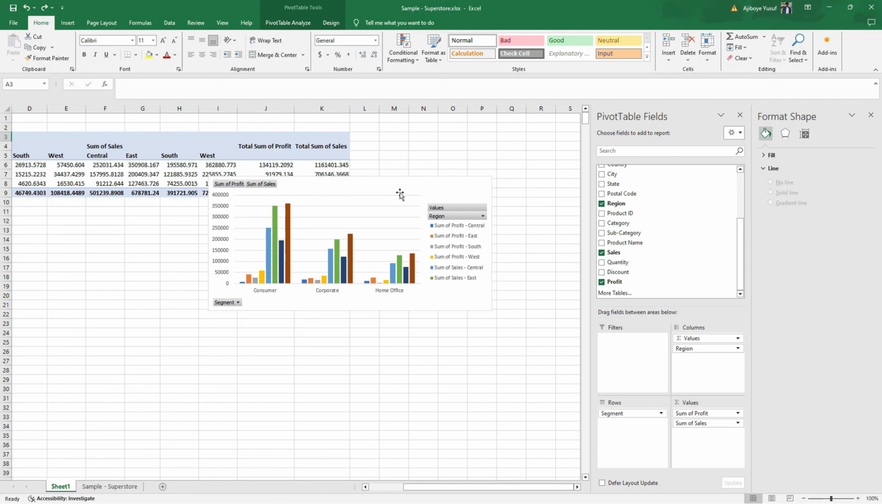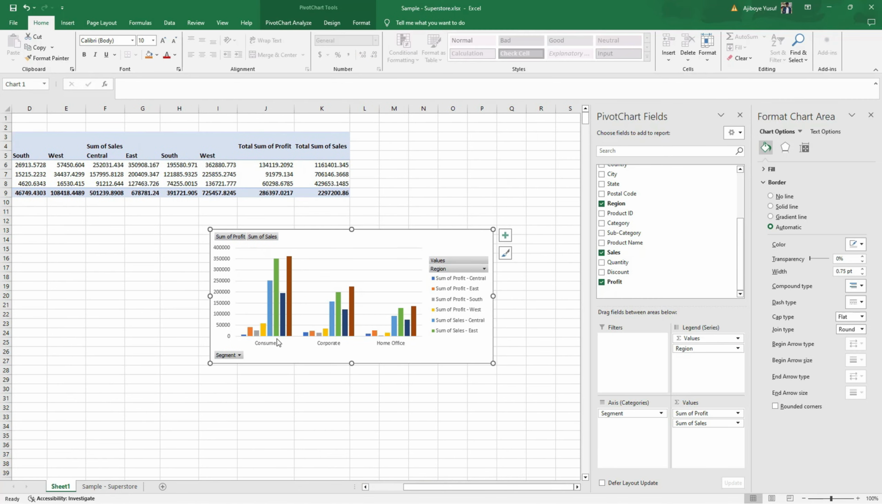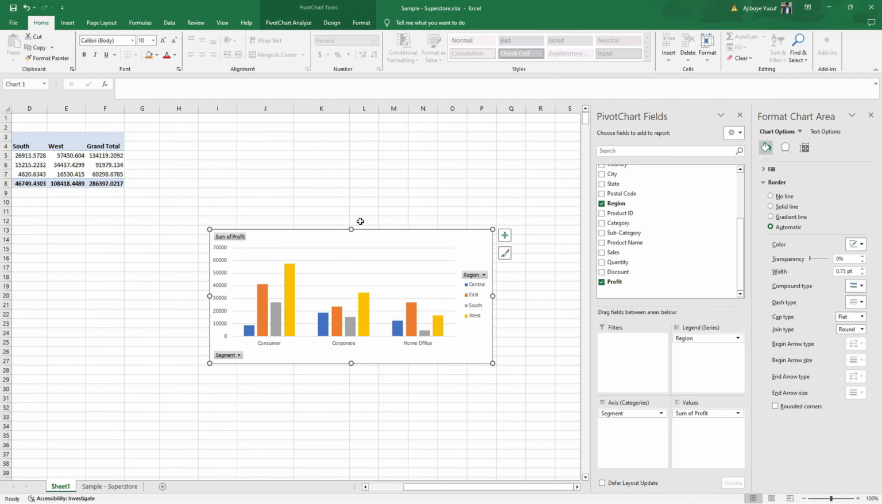So when it comes to region, we can see that the Eastern region is driving up the... okay, let's probably remove the sum of sales. All right, so let's do this like this. Okay, let's start with this. All right, so when it comes to the segment and sum of profits, okay, so we can see that the consumer